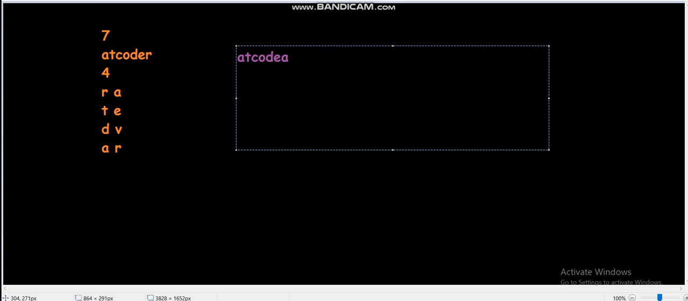Now after the first operation is done, in the second operation we are converting all the t's to e's. So this will be nothing but aecodea. Then in the third operation we are converting all the d's to v's. So this will be nothing but aecovea. Now we are converting all the a's to r's, so it will be nothing but